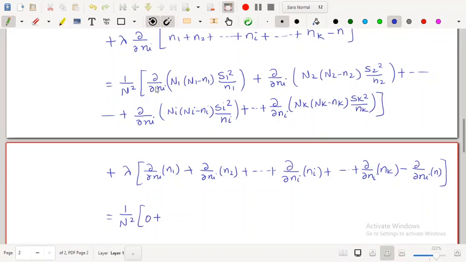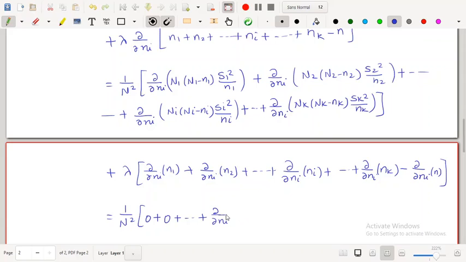This quantity is constant with respect to the derivative with respect to ni. Here also there is no ni, so this will again be 0, plus up to all terms up to i minus 1 will be 0. And if we take the derivative here, look at here, we can write this as dou by dou ni